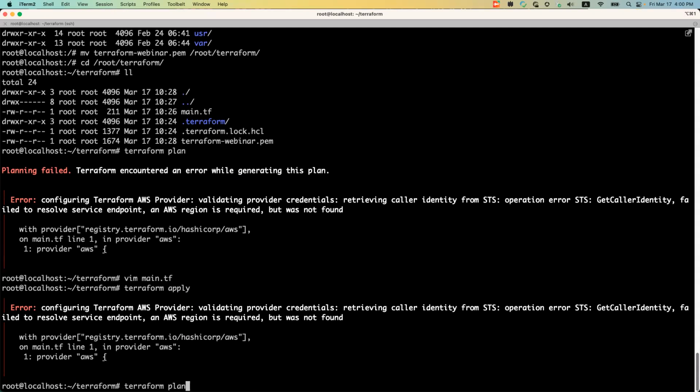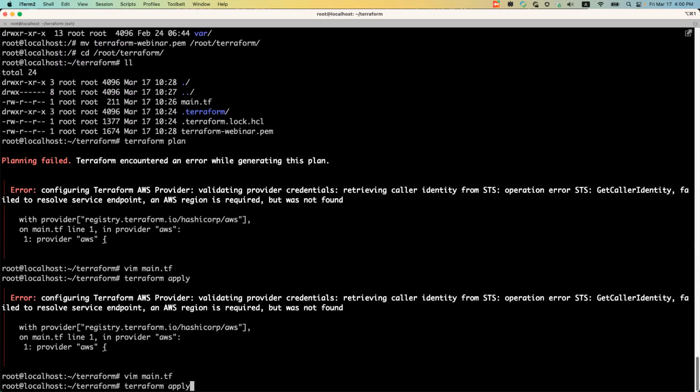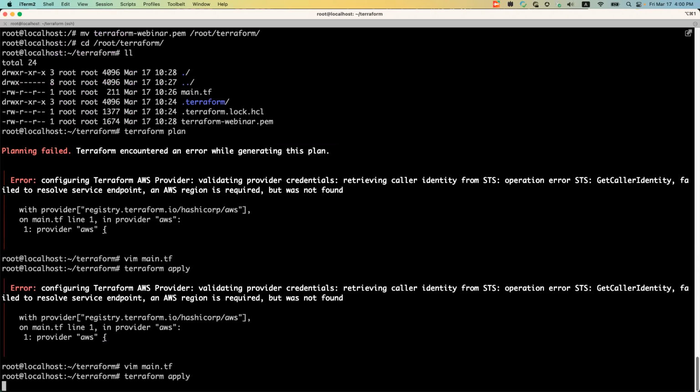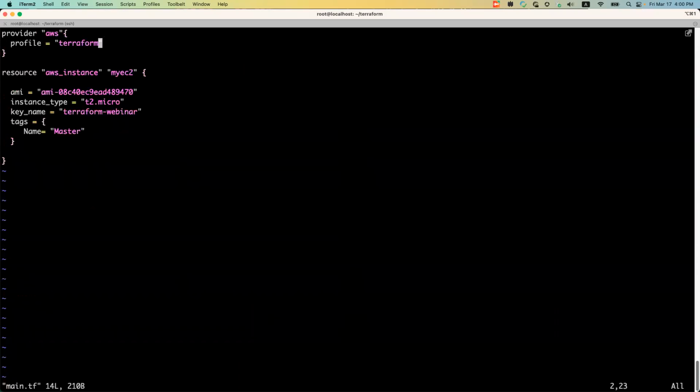I think let me just give a last try. Just a last try. No, it didn't solve. I'll check it out and I'll send you all the details. So basically, this is what. Region, I think we already have given. I don't think region will solve it, but